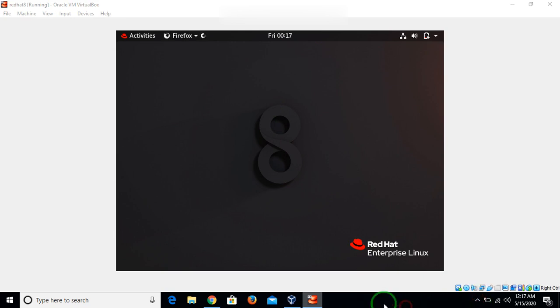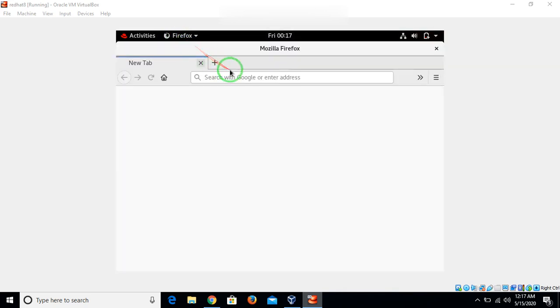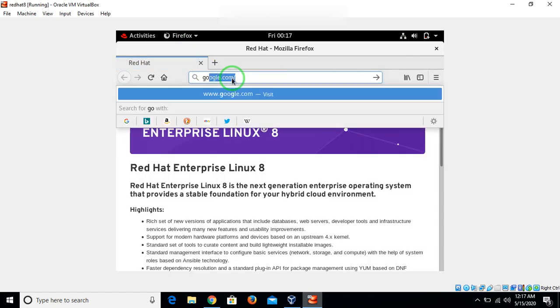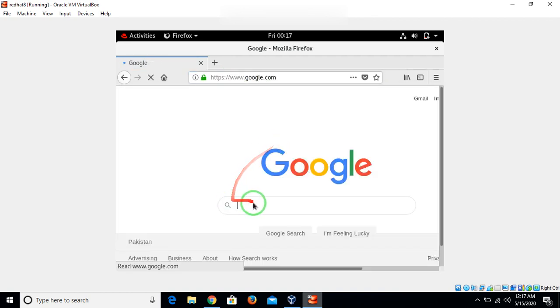Guys, my Firefox is opening here. Let's see whether the net is working here or not. I'm just clicking on google.com. Yeah, it's working fine, superbly working.